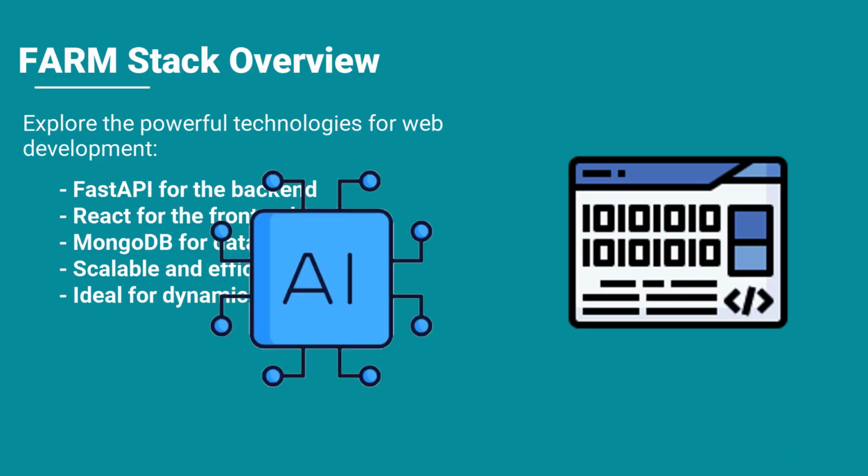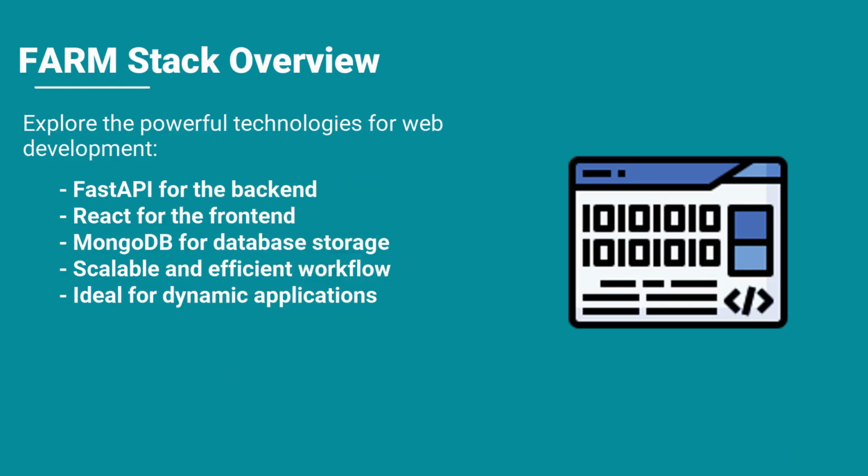Let's dive into the Farm Stack, a powerful combination of technologies that enables developers to build robust web applications. The Farm Stack consists of Fast API for the backend, React for the front end, and MongoDB for the database. Now, this trio provides an efficient and scalable foundation, making it easy to create dynamic applications that can handle a